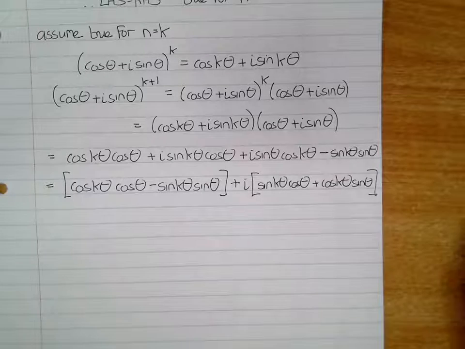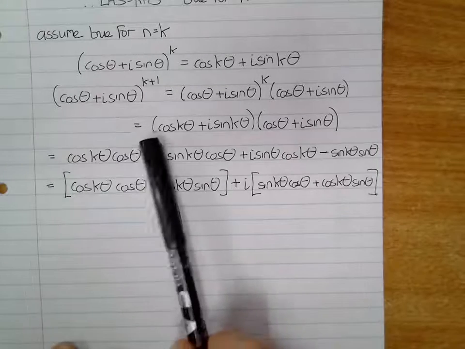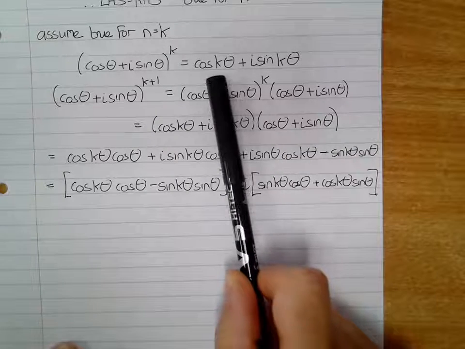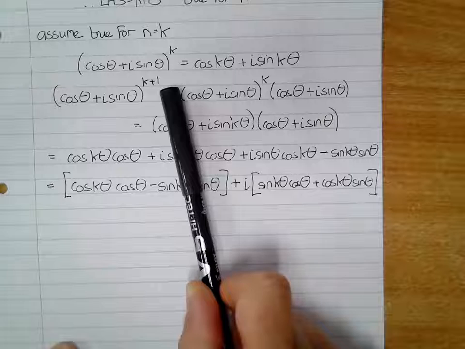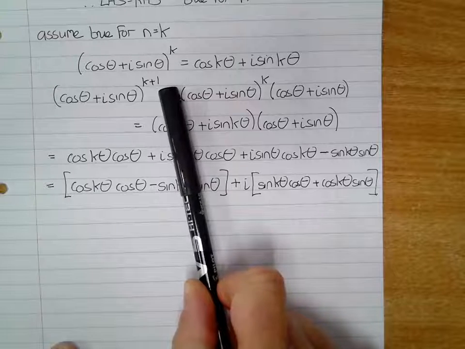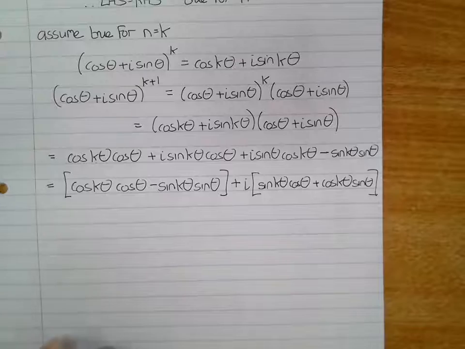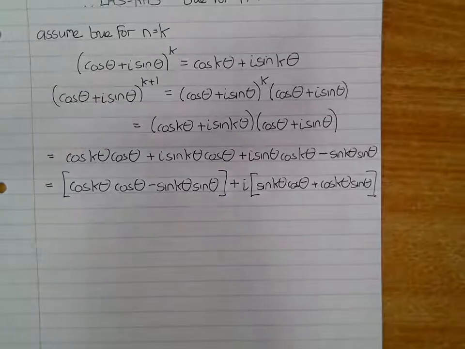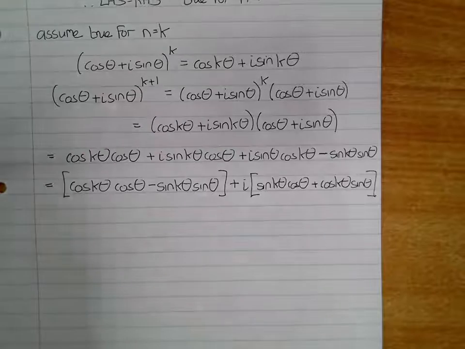Remember, our aim is to make this look like this, but with the k's replaced with k plus 1s, because then we'll have gone from the left hand side of the n equals k plus 1 case to the right hand side of the n equals k plus 1 case. So how do you do that? Well, what you have to do is get up out your chair,